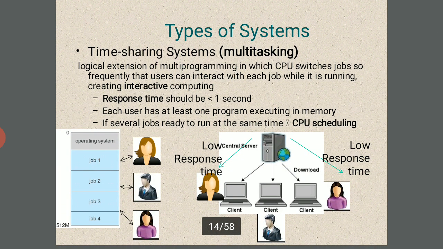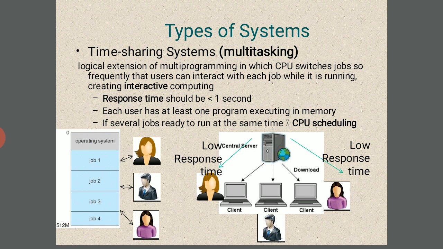And then time sharing, or multitasking. It is the logical extension of multi-programming in which the CPU schedules jobs so frequently that users can interact with each job while it is running, creating interactive computing. Response time should be under 1 second.